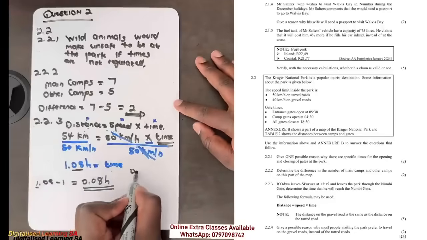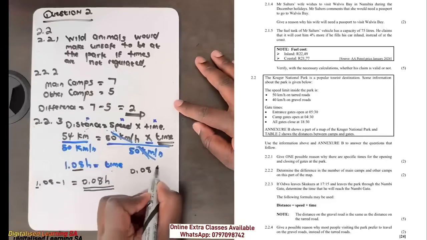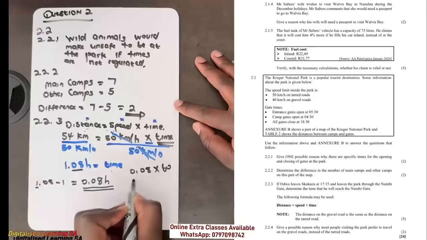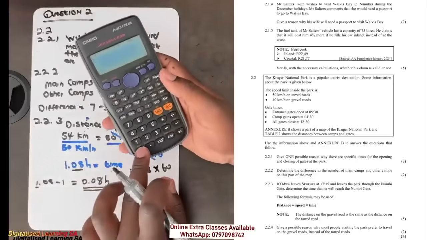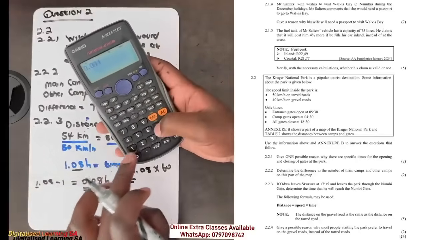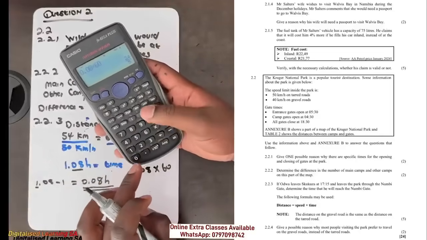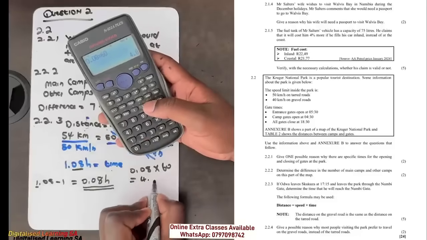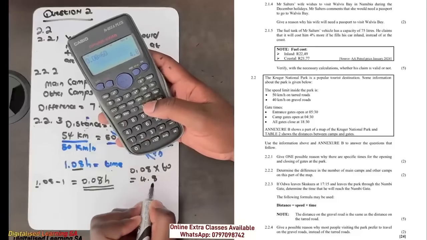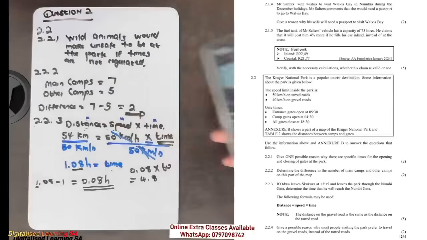So 0.08 multiplied by 60 gives us 4.8, meaning that it took her